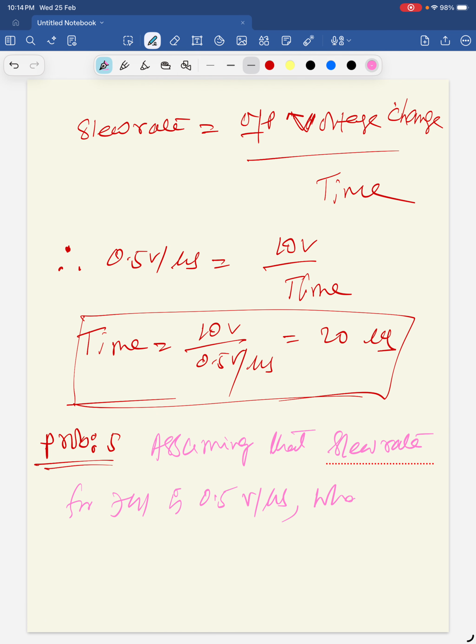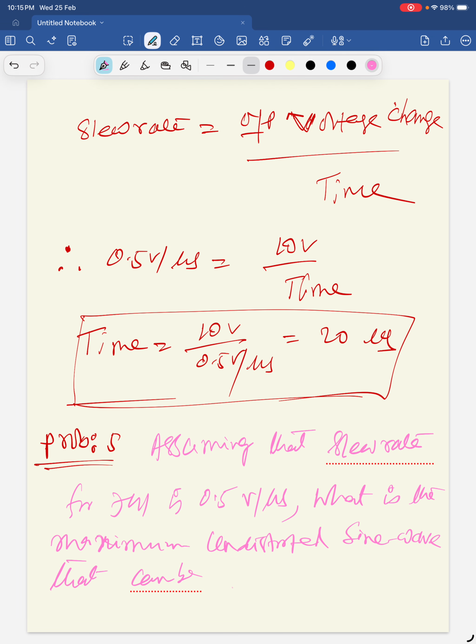What is the maximum undistorted sine wave that can be obtained